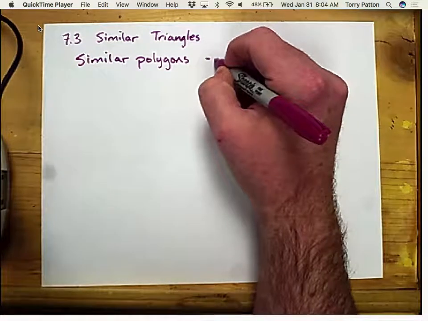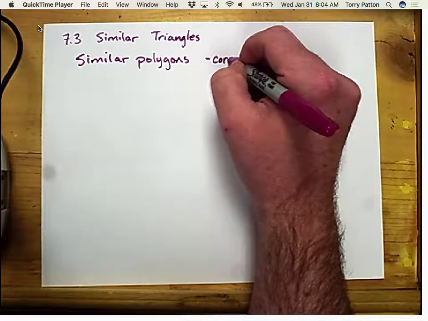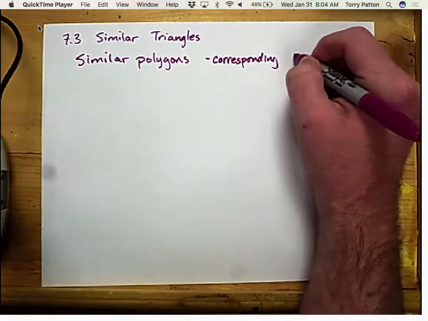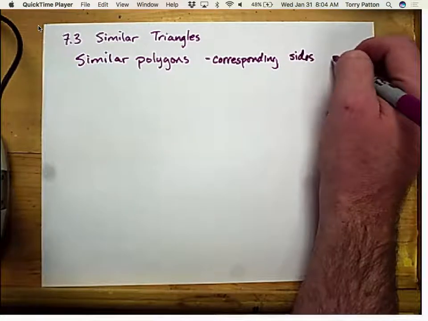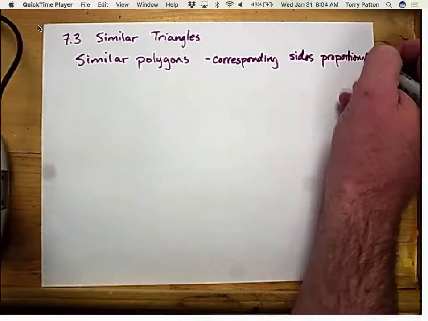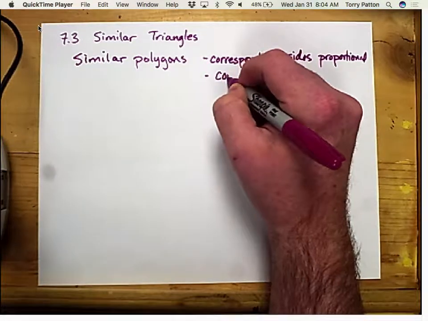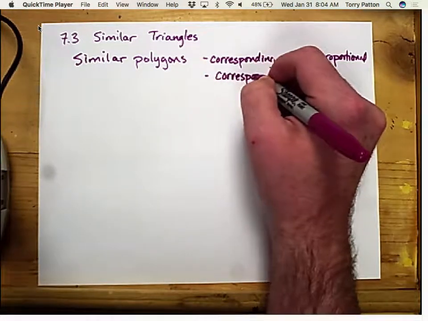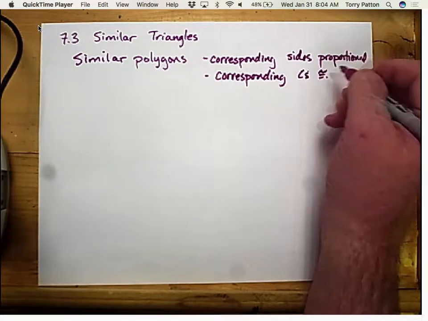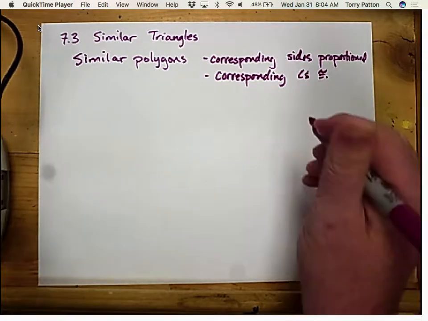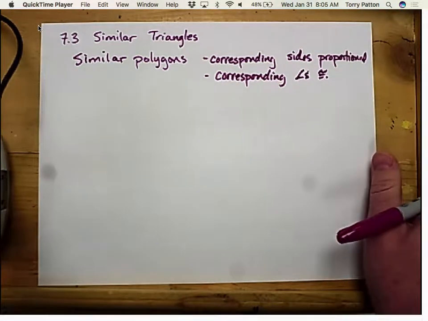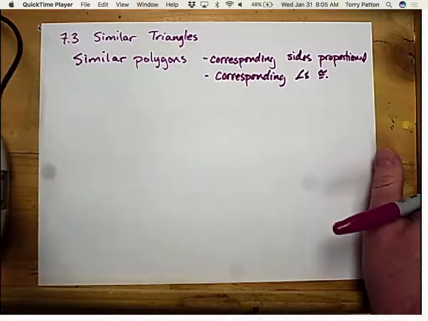have corresponding sides are proportional. Right. Corresponding angles are congruent. Okay? Now, as of yesterday, if you wanted to prove two polygons were similar, you had to